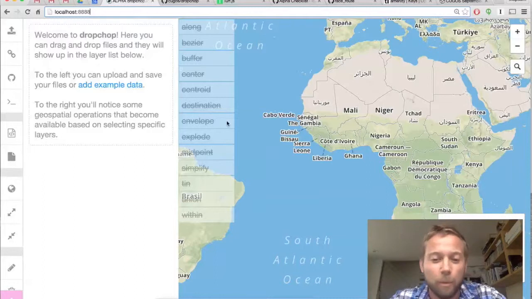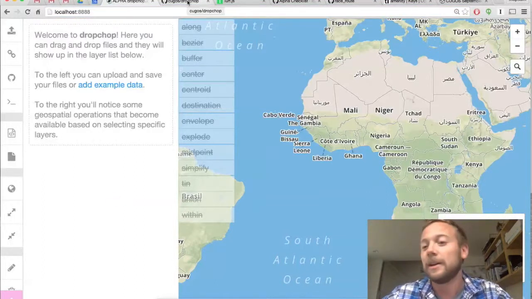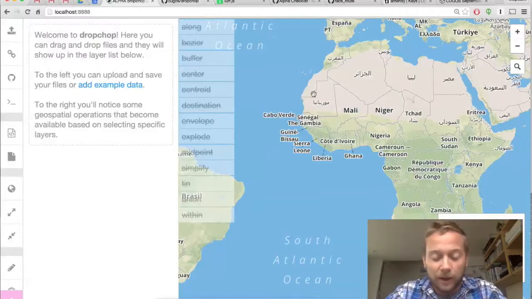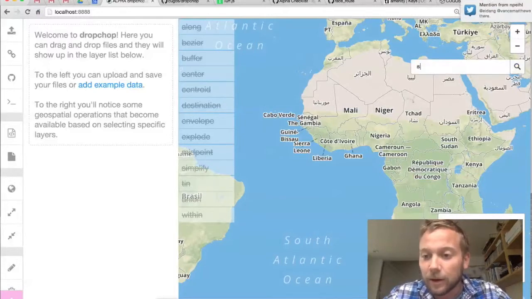So what I'm going to do first is that classic example where we have a run route or a race route, and we want to figure out how many water stations are within a certain amount of space of that race route, just to show you those operations, but also show you the new features that allow you to get data and manipulate data into Dropchop. So we're just going to use Mapbox's